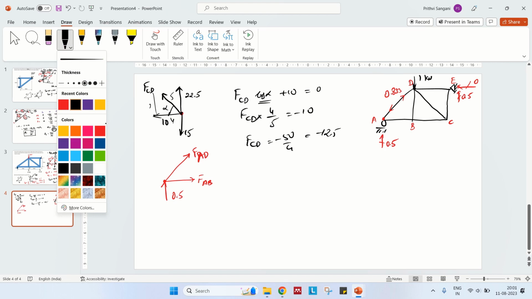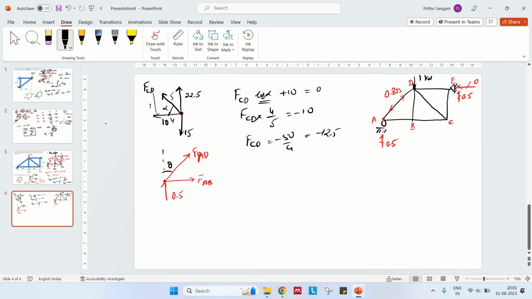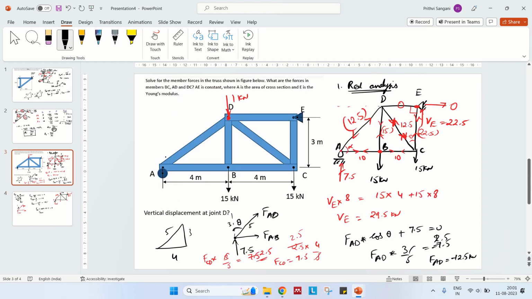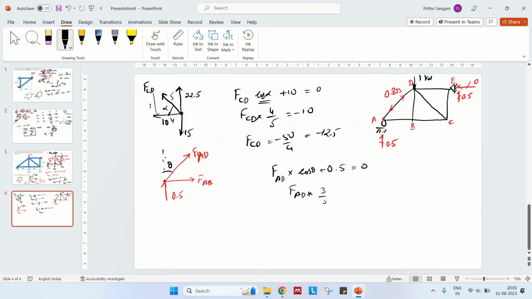So how do we arrange? Let us say this is theta. FAD cos theta plus 0.5 is 0. FAD times cos theta. What is cos theta? This is 3 divided by 5, so minus 0.5. So FAD is minus 2.5 divided by 3, that is 0.833. Similarly, at each joint you can do this force equilibrium, sigma Fx and Fy